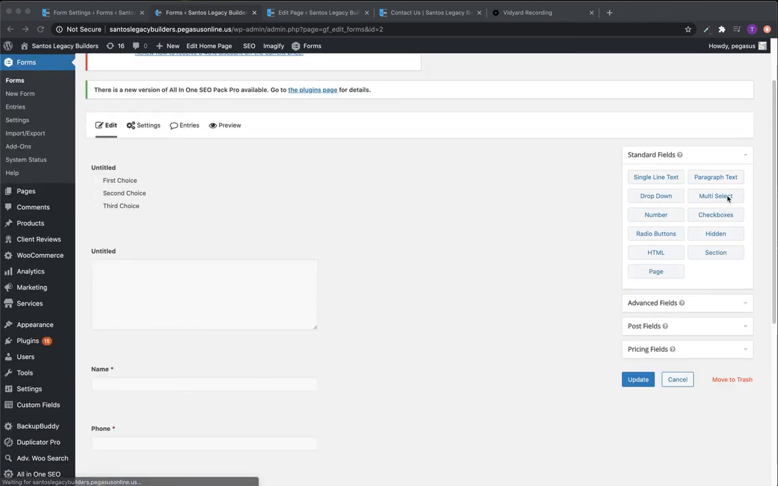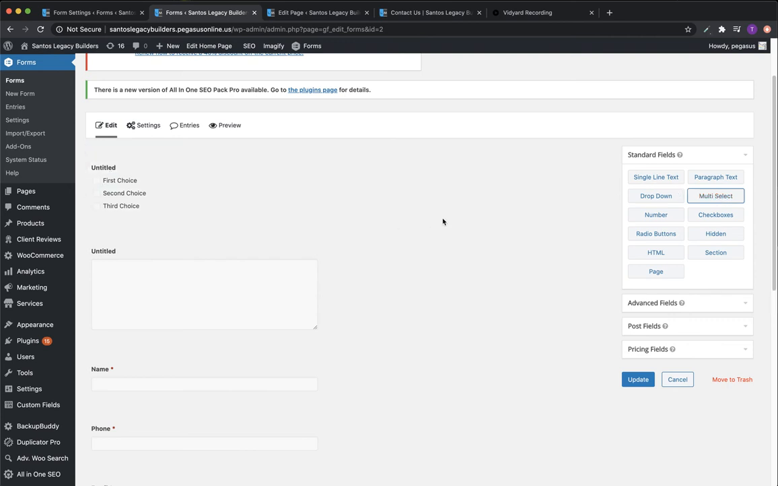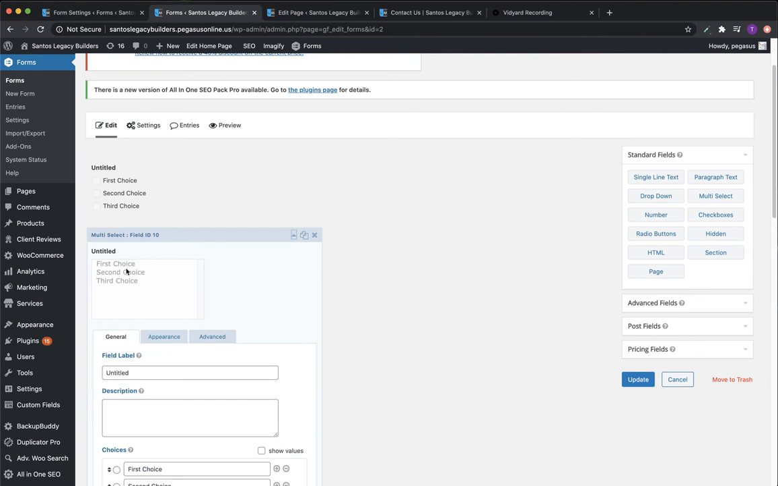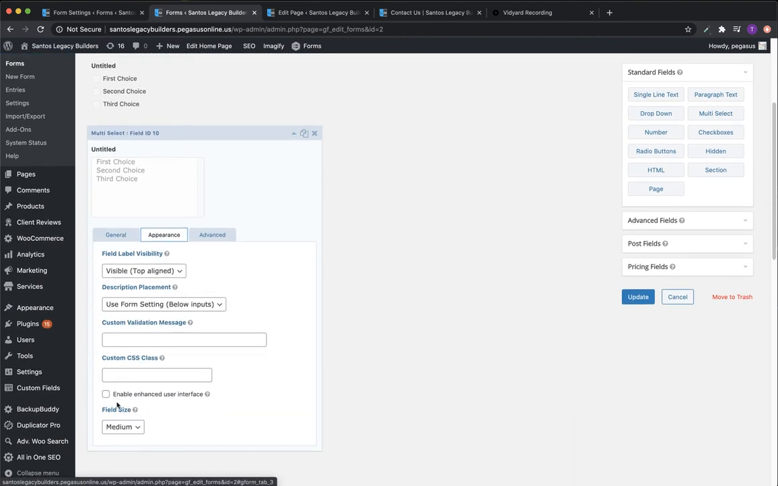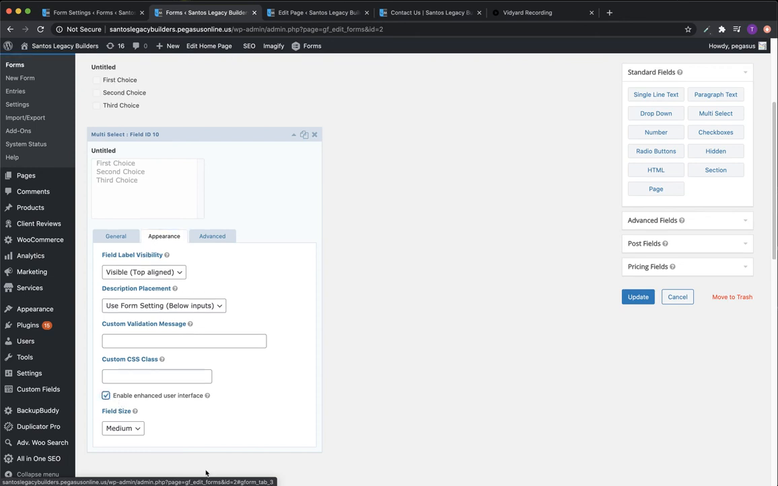Paragraph text, we already went through that. Multi-select, that is kind of a bunch of square buttons, just like this. It's multi-select. Oh, actually, maybe it's not, because that is the checkboxes. Oh, yeah, multi-select does this. Typically, we like to go in here and I like this